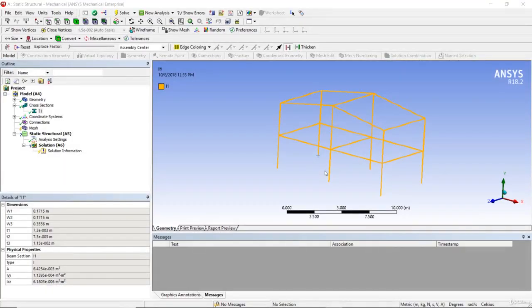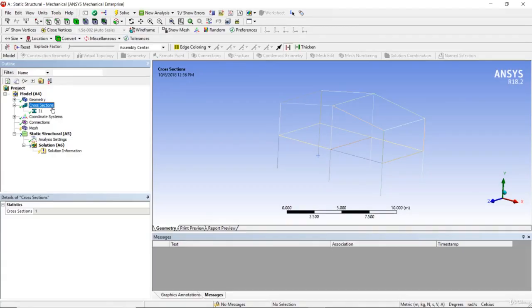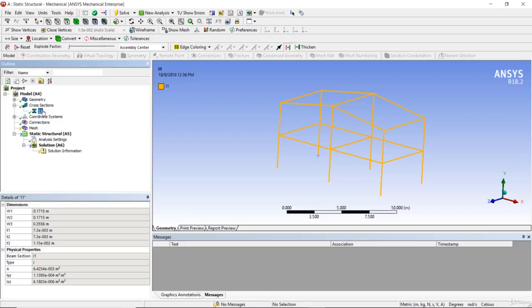Once we have opened Ansys Workbench, see here there is a cross sections group that has been added to the outline tree, which contains the information of the I cross section which we have applied to this steel frame, and the dimensions of this particular I cross section are given here. So once we have verified that the I cross section has been applied to this frame,